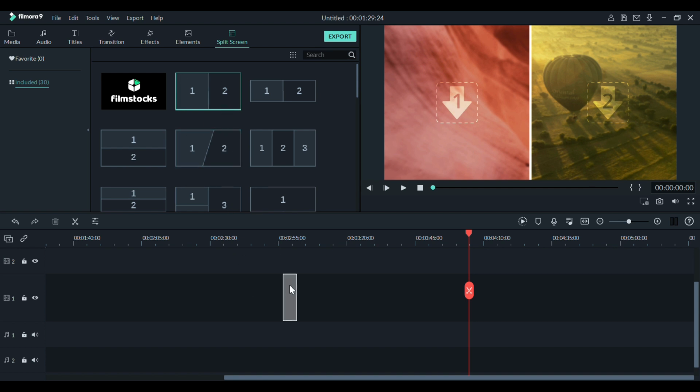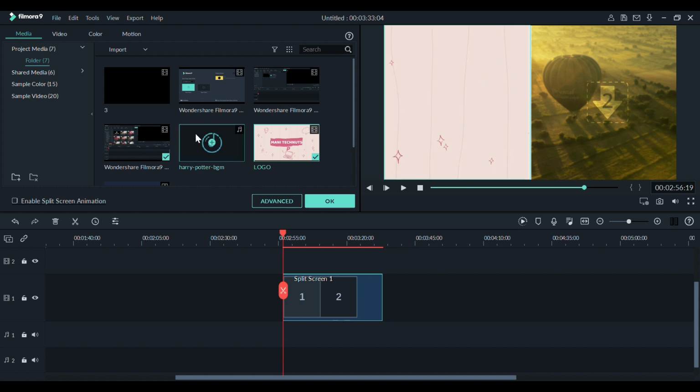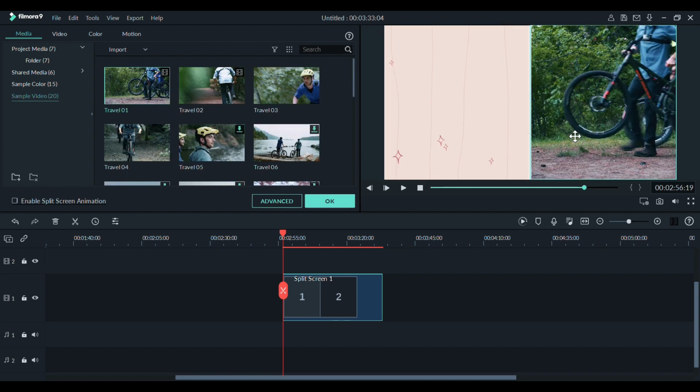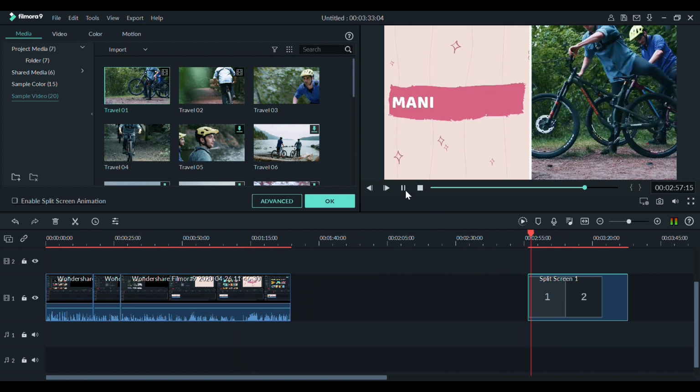Okay, now I added it to our timeline. Now we can extend it. Okay, I will extend it like this. Okay, I extended it. Now I will double tap on this. So now let's import something. So let's put this over here, and okay, let's put this here. So okay, now let's